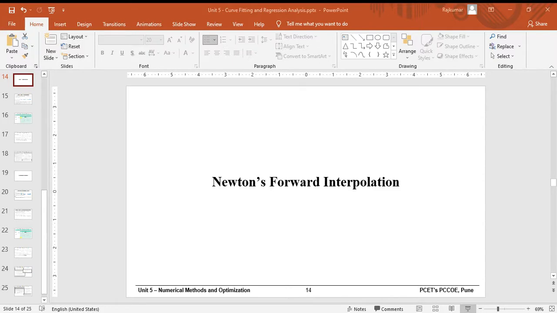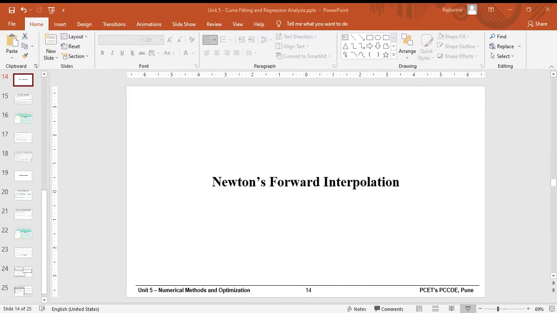So this will be your x naught, x1 will be 150, this will be x2, x3, x4, x5 and x6. So there are total 7 data points, and the distance is denoted by y. So for x naught equal to 100, your y naught will be 10.63. Similarly, y1, y2, y3, y4, y5 and y6, these values you can see, and you are asked to find out the value of y when x is equal to 160 feet.